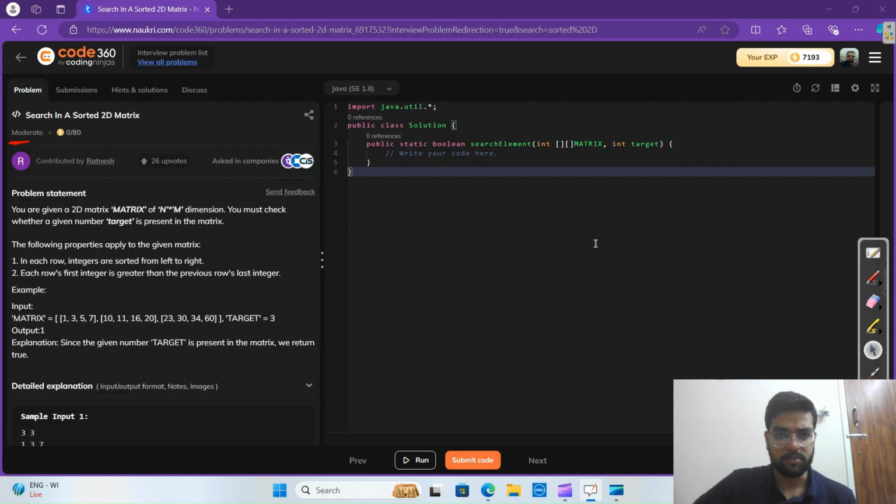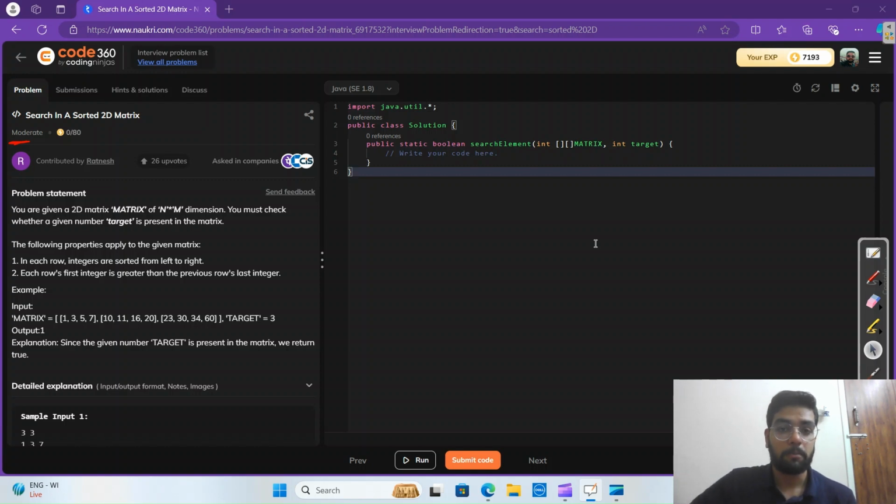Because there are two main reasons. First, I have seen this problem in a lot of companies, a lot of MNC companies plus FAANG companies also. I've seen in Amazon and Microsoft the concept using which we are going to solve this problem. On that concept they have asked the problem. And the second thing is we are going to use